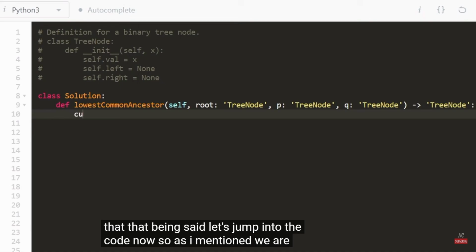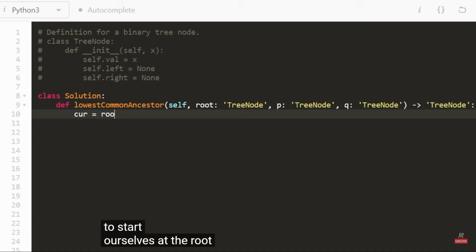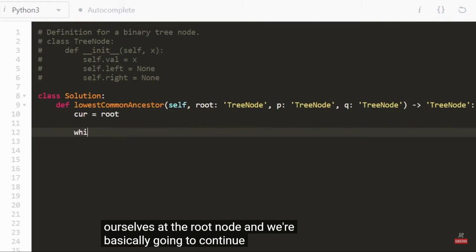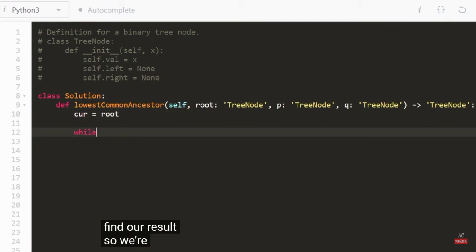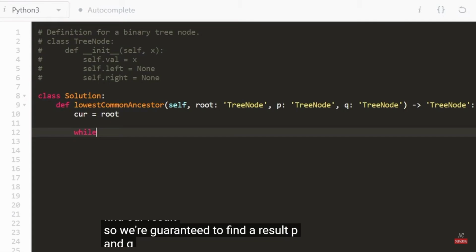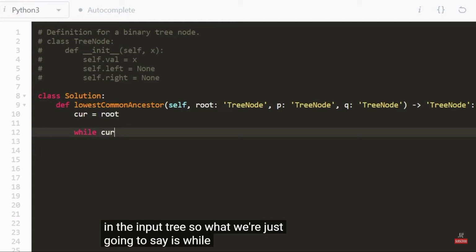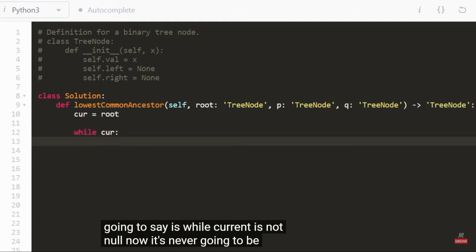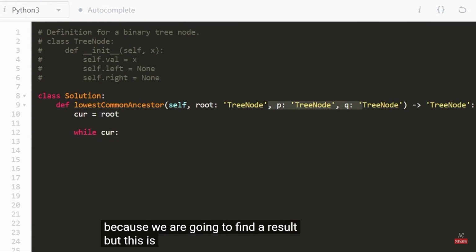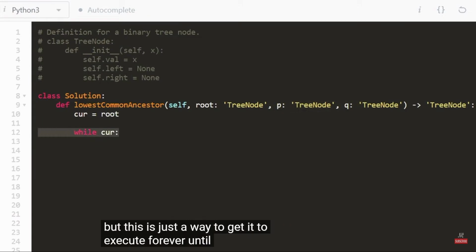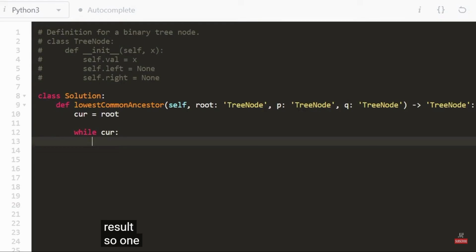So as I mentioned, we are going to start ourselves at the root node, and we're basically going to continue until we find our result. So we're guaranteed to find a result. P and Q are guaranteed to exist in the input tree. So what we're just going to say is while current is not null. Now it's never going to be null because we are going to find a result, but this is just a way to get it to execute forever until we find that result. So one case would be if the p-value